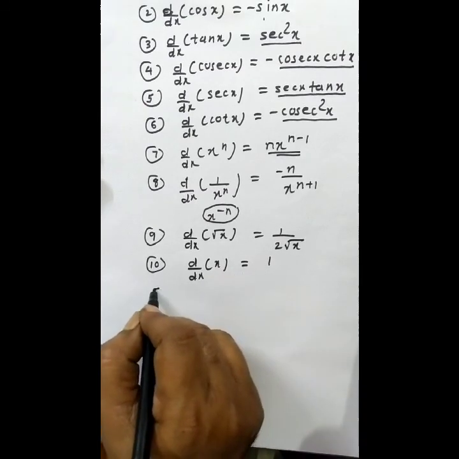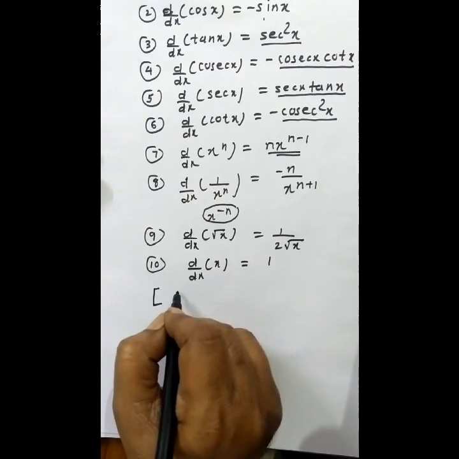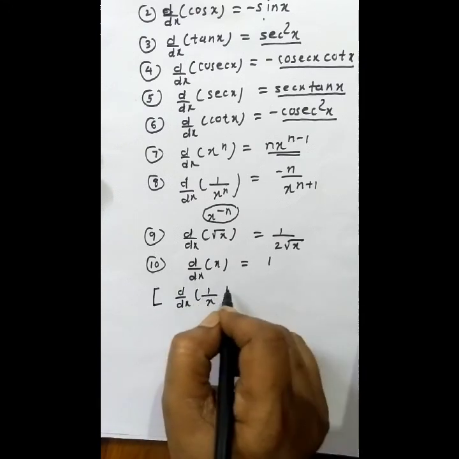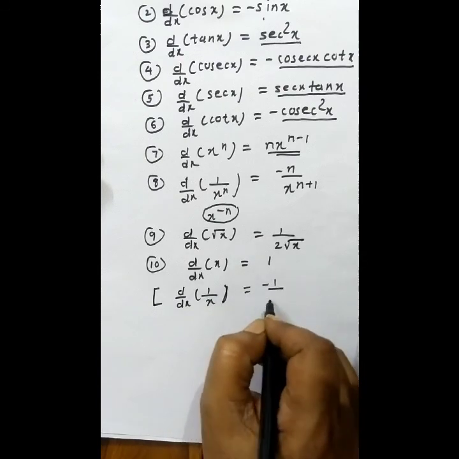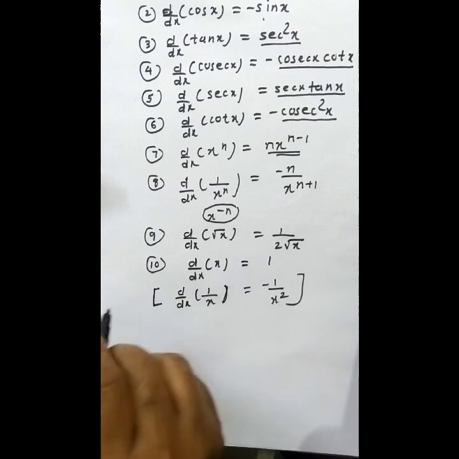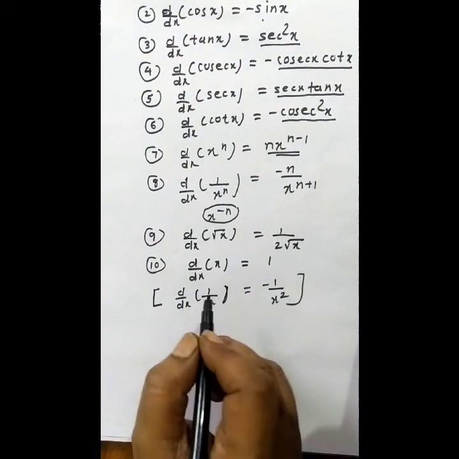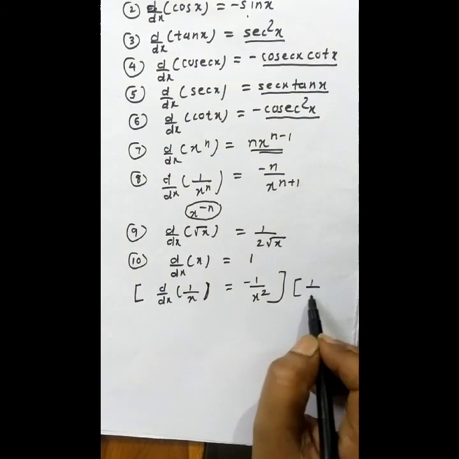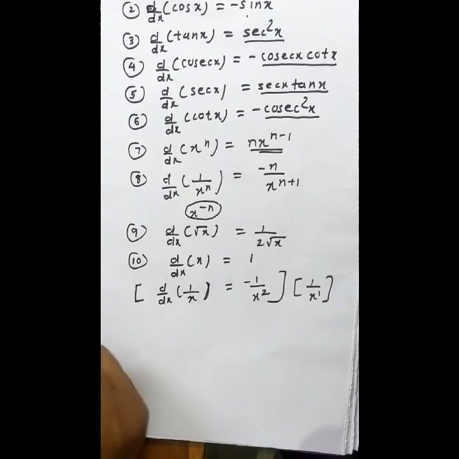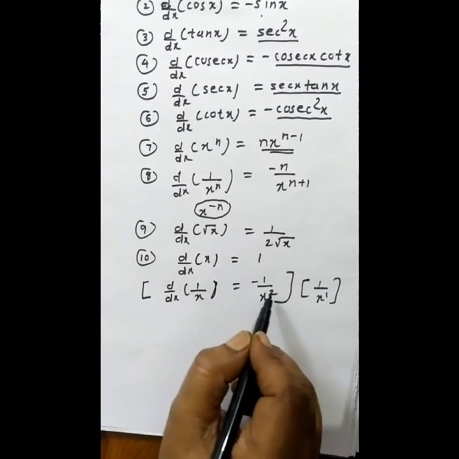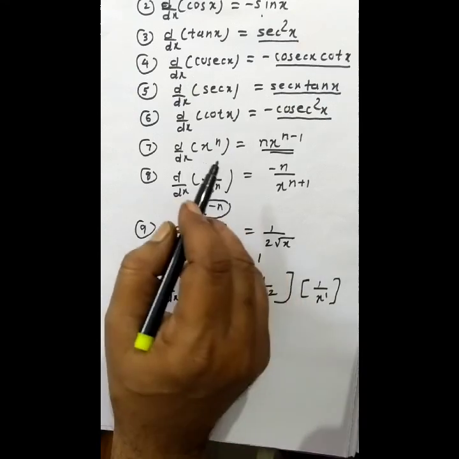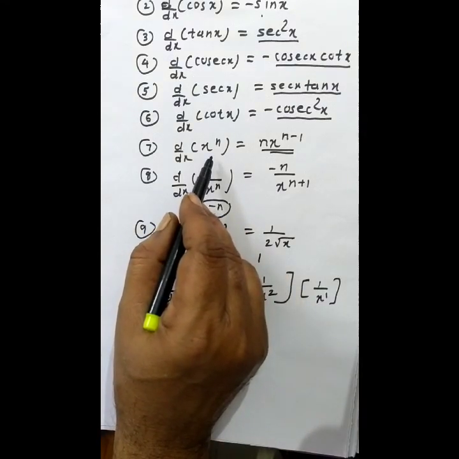Here I will give one more additional note. If it is d by dx of 1 upon x, which you come across most of the time, you can directly use minus 1 upon x square. Actually 1 upon x is 1 upon x raised to 1. If you apply the 1 upon x raised to n formula, you get minus 1 upon x square. I have given it as a standard form because most of the time you come across 1 upon x directly. So you can consider these 5 as the most important algebraic forms.